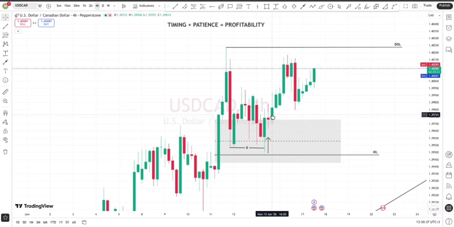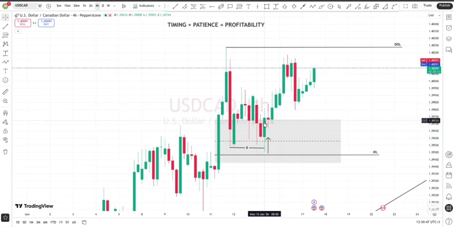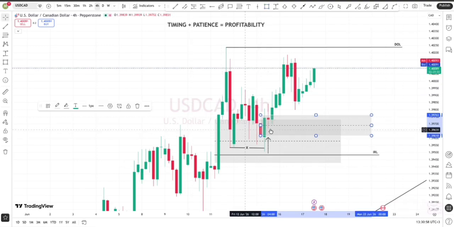Good. Now after this, there is something I noticed. I noticed that this bull candle closed aggressively above this bear candle. So when a bull candle closes aggressively above a bear candle, of course the opposite candle is the order block. Now because I'm not interested in taking a trade inside that order block,